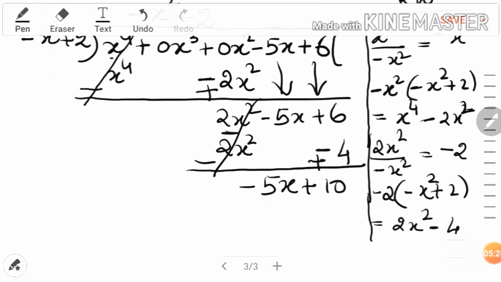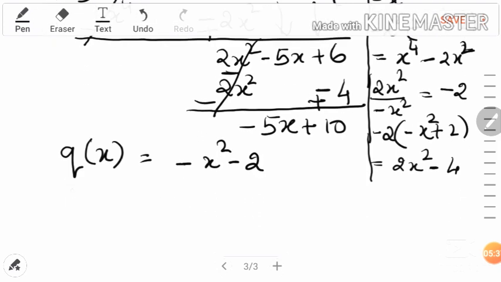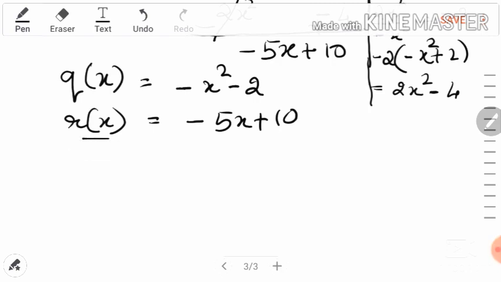So we stop the division and we have the quotient polynomial, that is minus x square minus 2, and the remainder polynomial minus 5x plus 10. We can verify the division algorithm in this example also, which is p of x equal